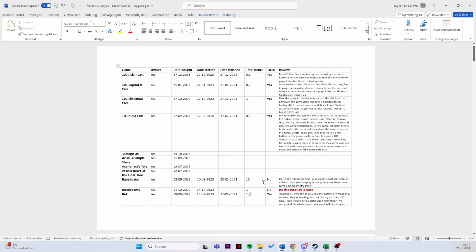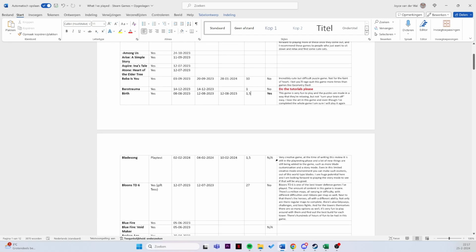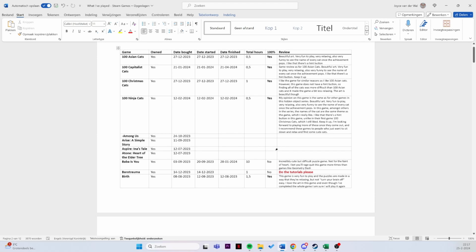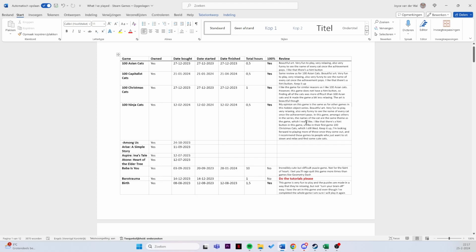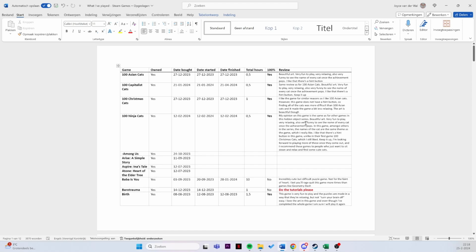So this is just a clear yes or no, or non-applicable, right? Some games don't have achievements, which is also something to record, so here you go. This is your place to do it. And then all the way on the right, we have my reviews. So this is where I write down my initial thoughts on the game after playing through it. So either finishing the main storyline, playing for an X amount of hours if it's a multiplayer game or a roguelike, or just